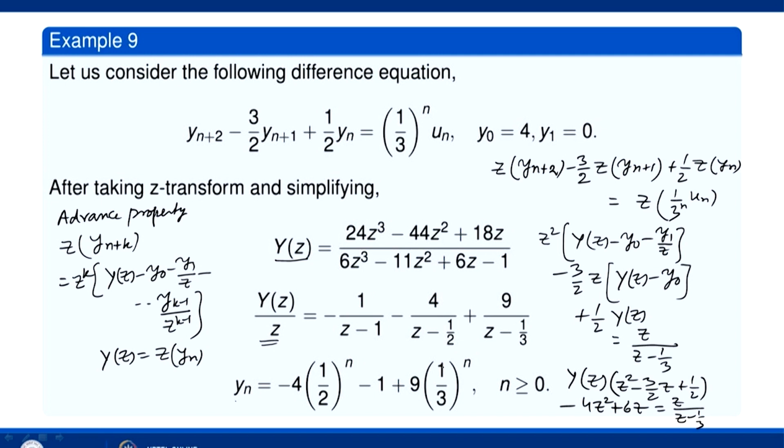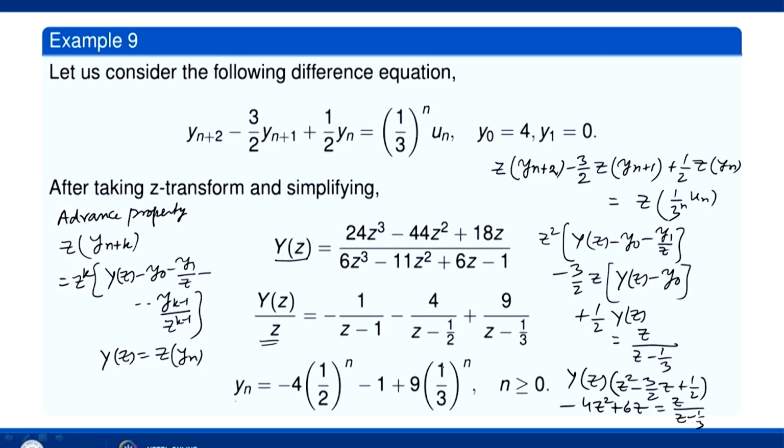So, this is how we solve this difference equation. When we want to solve a difference equation, we take the z transform of the difference equation. The left hand side, when we write the z transforms, we use the linearity property and the advance property. The advance property, and of course, sometimes we need delay property also. So, we use the advance property or the delay property to get the z transform of the difference equation. Then we solve this for Y z. Okay. Y z is a quotient of two polynomials.